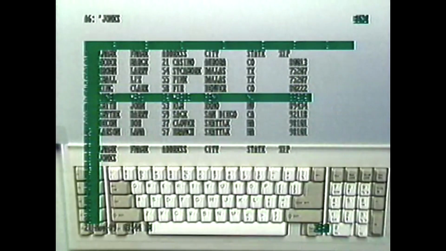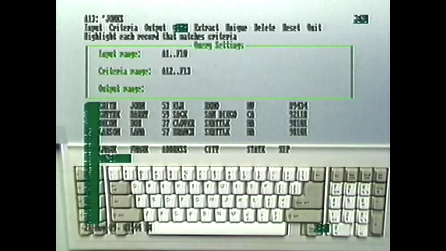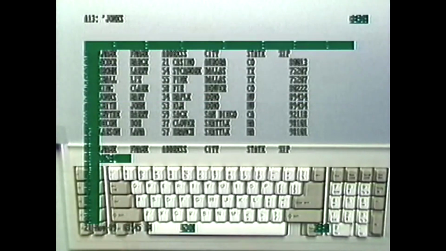Try pressing the up arrow or down arrow keys now. 123 beeps at you and the highlight does not move, does it? There is only one record in the database with the last name Jones. If there were more, the highlight would jump to the next record with the last name Jones. Now we must press Escape to get back to the Query menu, and Q to select Quit and return to